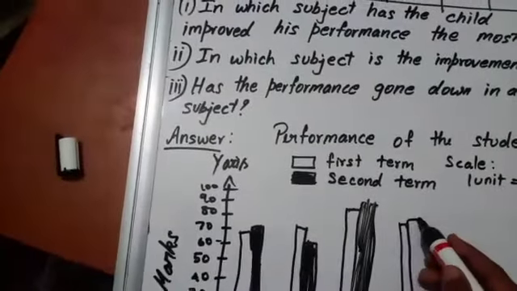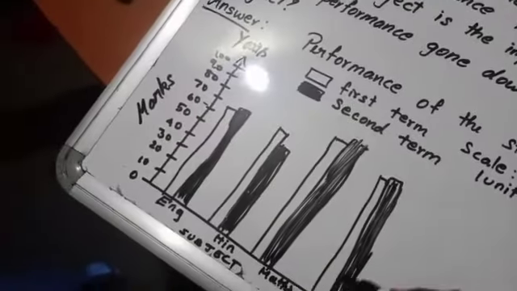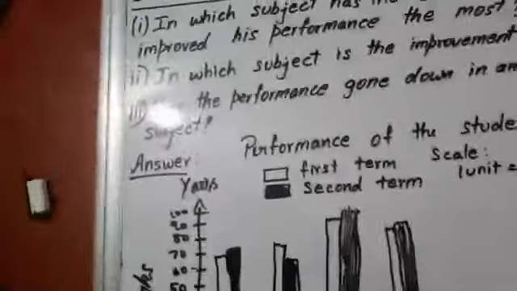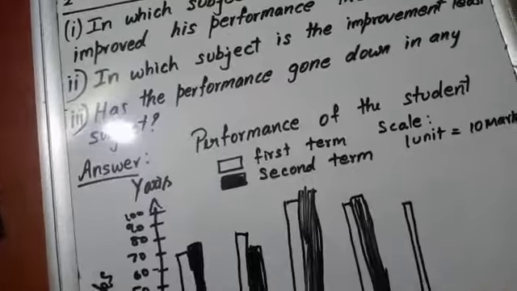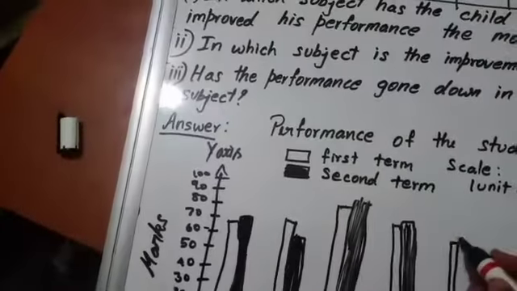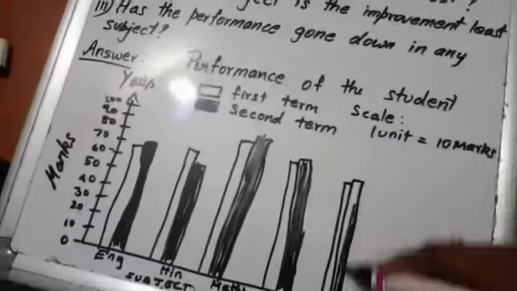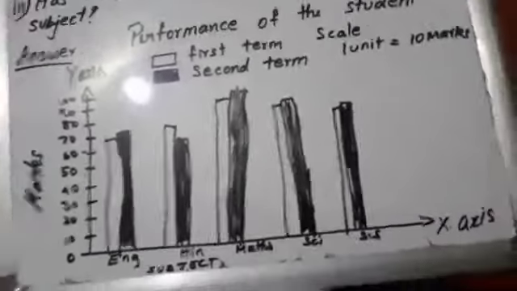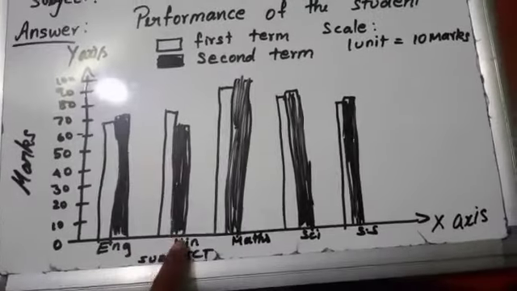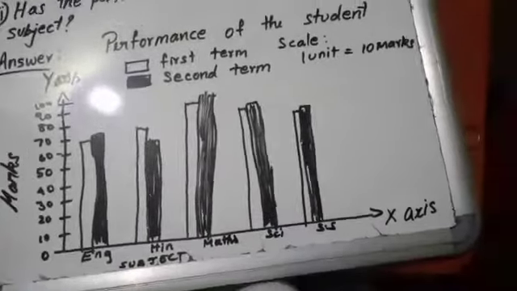There is an improvement in the second term. You have to observe the data also when you are going to draw. It is easy to answer the remaining questions. Now social science 73. Exactly it comes here. You have to go through the scale, 73, then 75 a little higher than 73. You can observe that there is an improvement in the second term. Everywhere it is a little bit higher. But one thing you can observe is that Hindi has come down in the second term. This is the graph we have drawn.